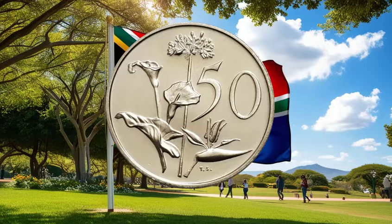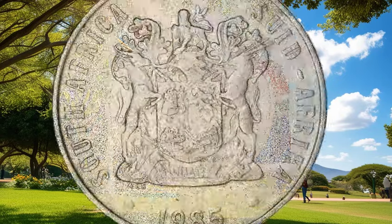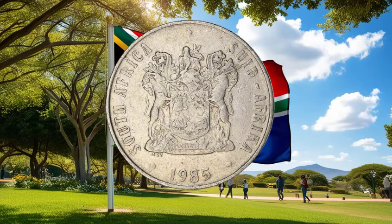The group of collectors, enthusiasts, and history buffs who understand that real value isn't just in numbers. It's in legacy, in stories passed down, in the pride of owning something truly unique. It's about being part of a community that values heritage, craftsmanship, and the thrill of discovery. So, imagine the satisfaction of holding a coin that has traveled through decades, carrying the whispers of history, and knowing